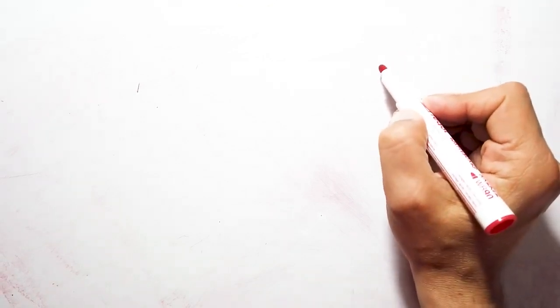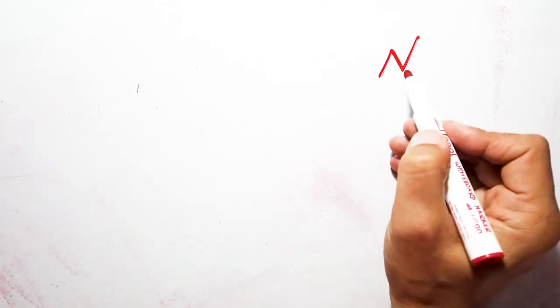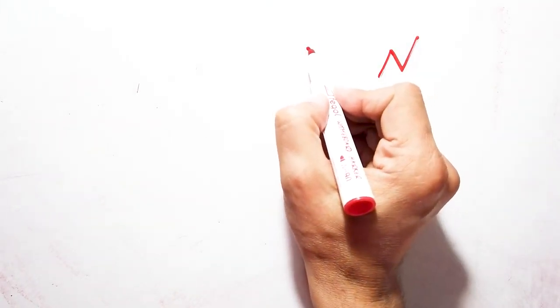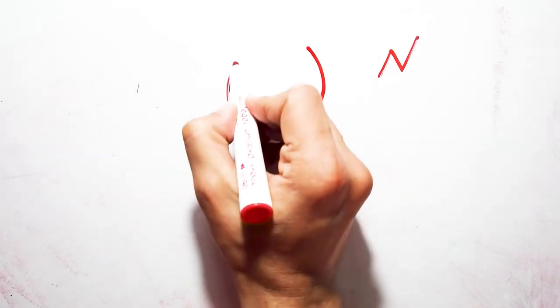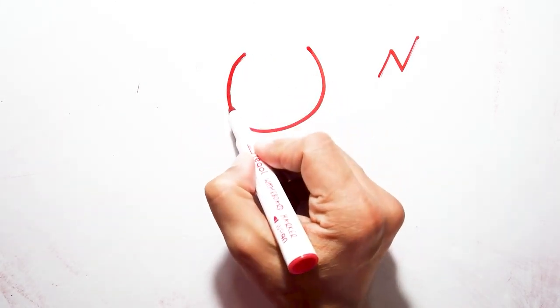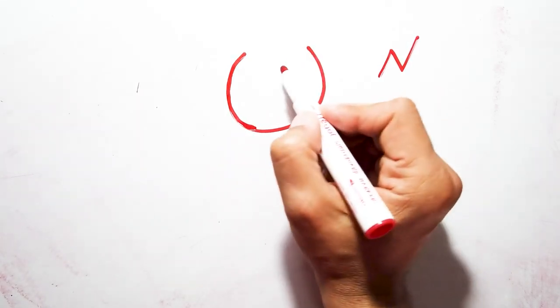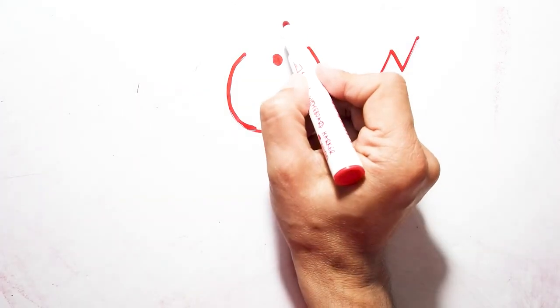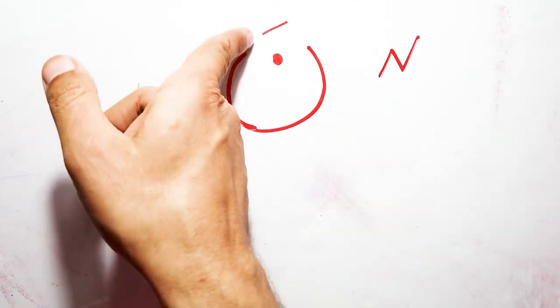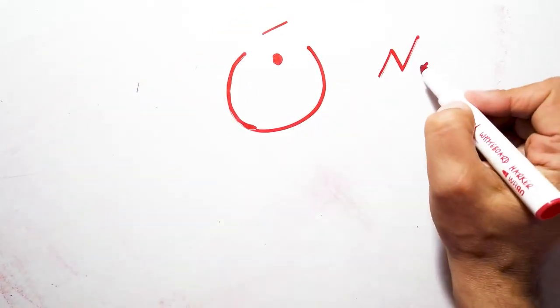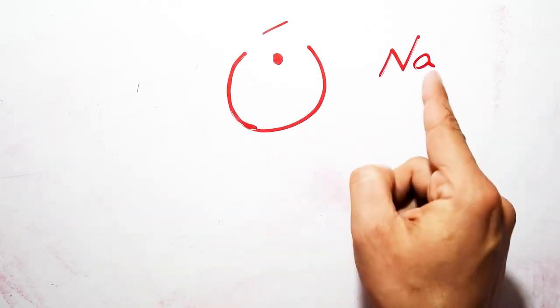The first one is this one. Pay attention to this sound. It sounds like letter N in English. So in Arabic it is this one. It's like this. So beautiful. And then I have to add this dot in the middle. Do you remember? We learned in the previous classes that this mark on the top sounds like letter A in English. Ne.